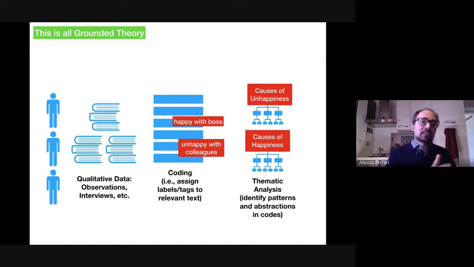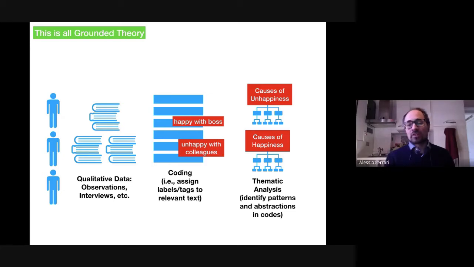So we start from the left with the sources of data, which are depicted as people. Of course, from these people, I can collect qualitative data such as observation, interviews, or documents, as we saw before. Then I perform what is called coding, which means assigning labels and tags to relevant text in these